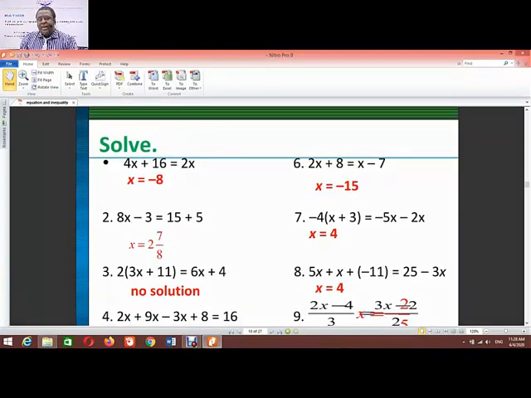Now we have a series of exercises. Here you must take your notebook and pen in order to solve by yourself. Since you have the answers over there, take your notebooks and pen and try to solve them according to the way we did it, and see if you get the correct answers.